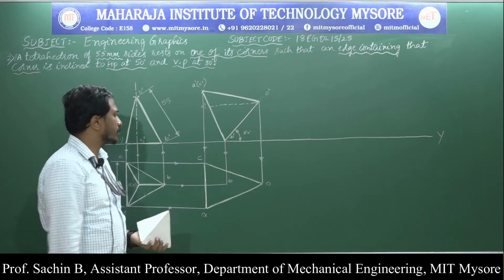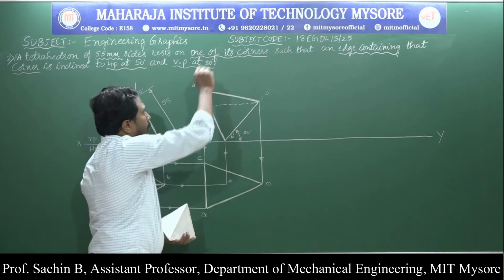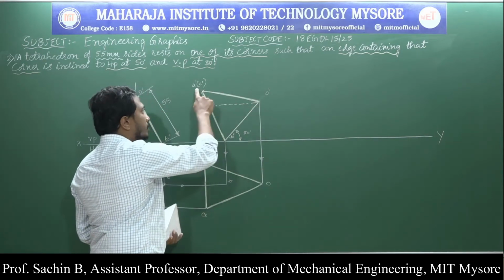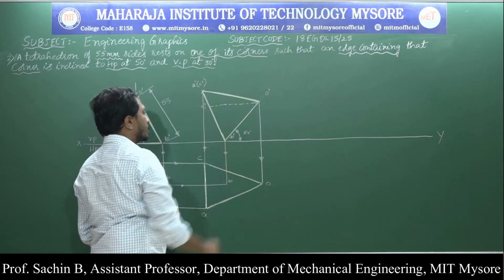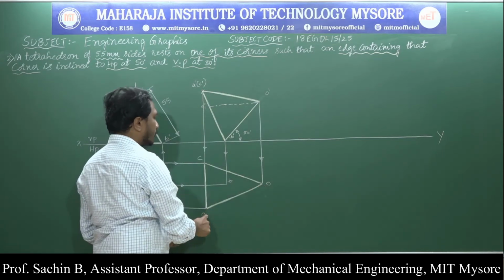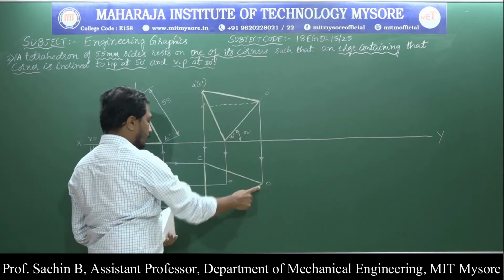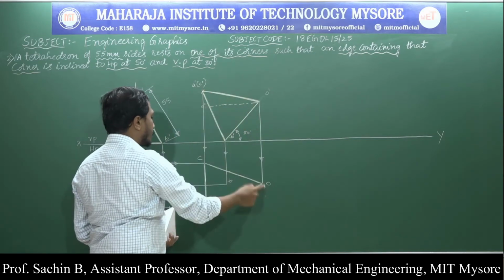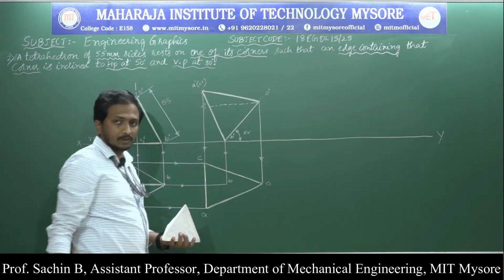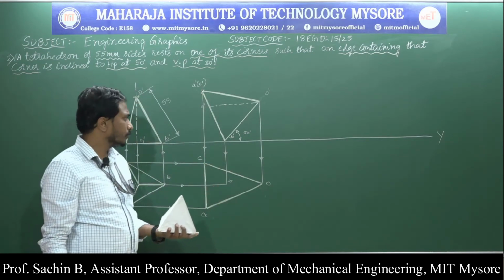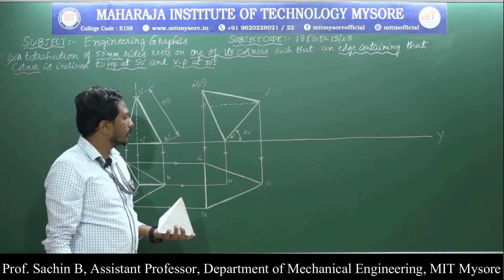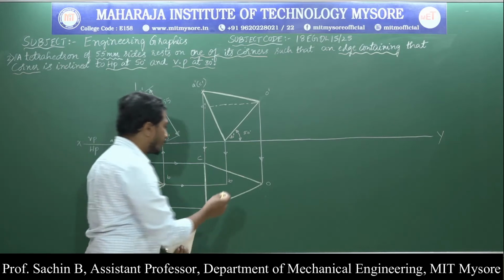Next I will go for applying the second concept, that is, the faces and edges near to the observer are clearly visible. If I view the object from the top, O to A, which is nothing but O dash to A dash, and O dash to C dash are clearly visible. According to it, O to C, A means O dash to A dash, O to A, O dash to C dash, O to C, A dash to C dash, A to C are already visible for us. Next, the only corner that is connecting the slant edge from B dash to O dash is not visible for us.